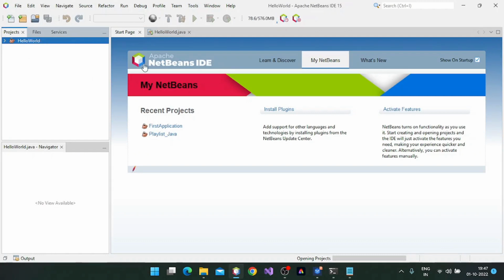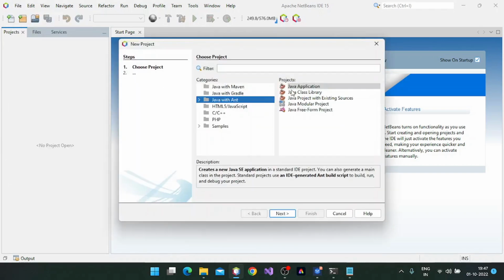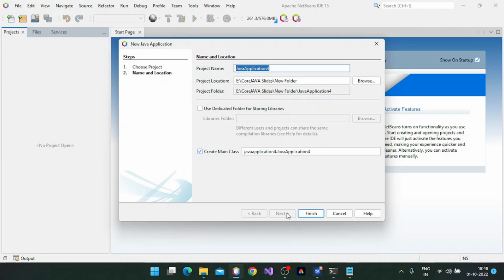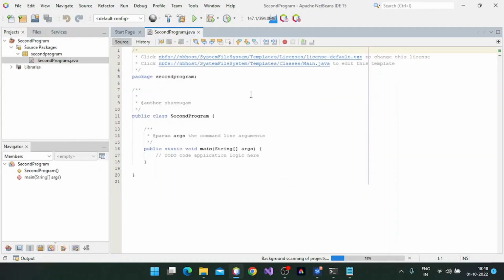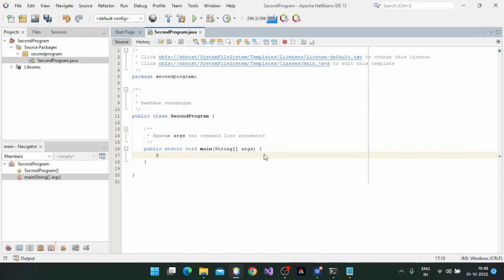Already I have written a program here. Let me not use this one. Just go to File, New Project, and Java Application. Select Next, and here you can write a new program. I'm just giving the name as second program here. Already I have something called first program here, and let me finish this. You can see there is a program which is already executed here, and there is a basic program which is already given to us. We just have to write within the main